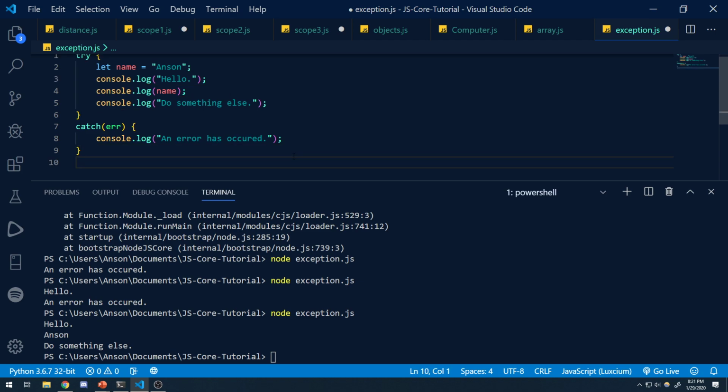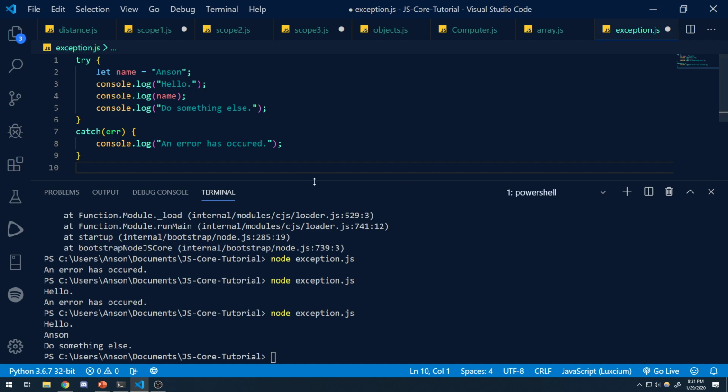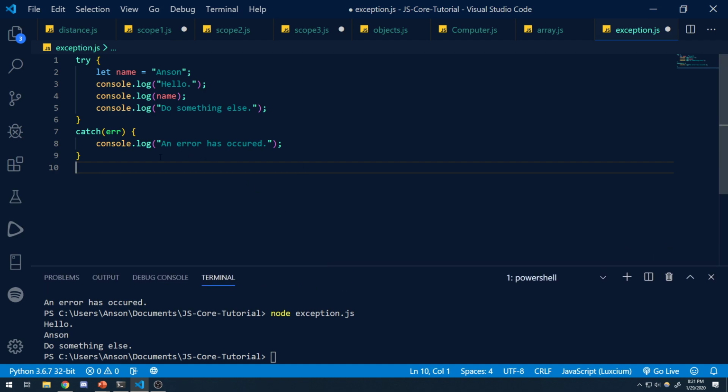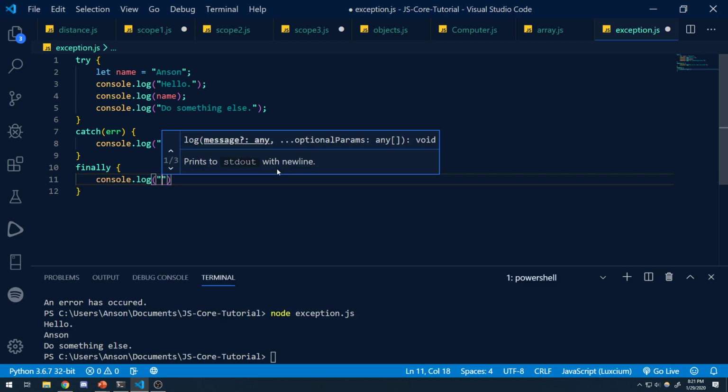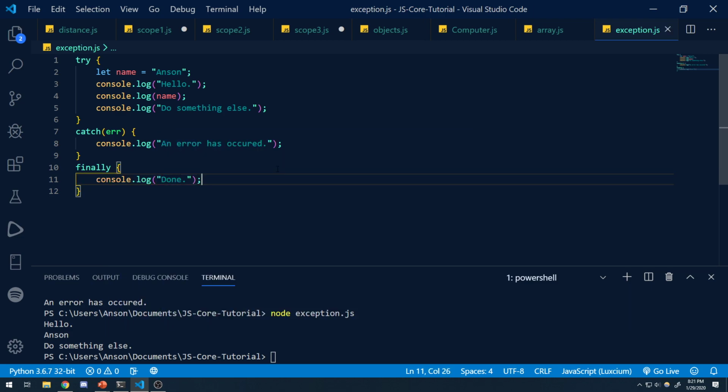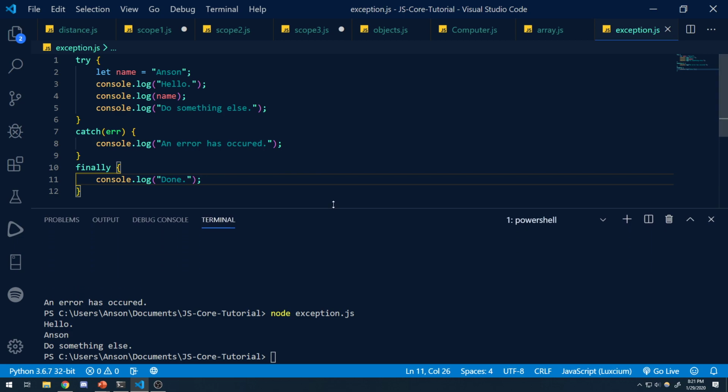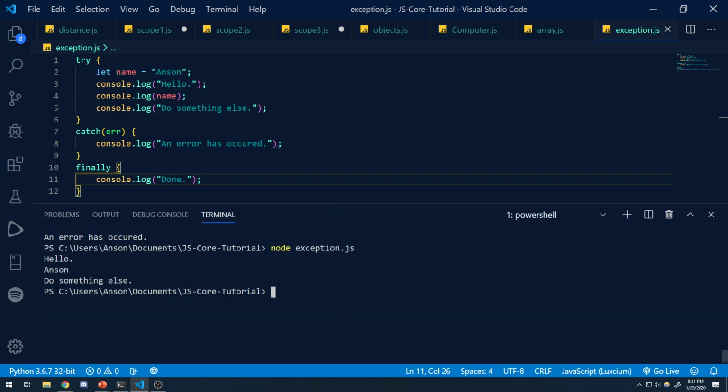Now let's talk about one other thing too. Let's say we want to try this and it does succeed, or let's say it fails. If it fails, we're going to catch the error and do something. There's another statement called finally. And this clause, this body, is always going to be executed no matter what. If it succeeds, if it fails, it doesn't matter. It's always going to execute. So over here, if I run this,